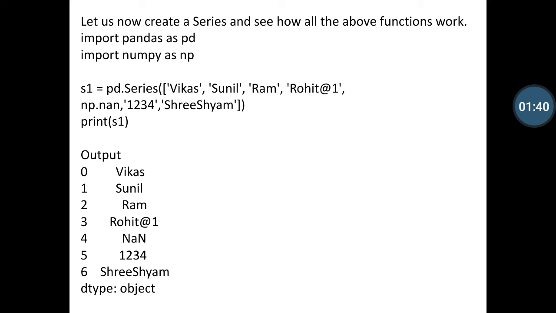First of all, we create a series using the pandas library to execute the functions.